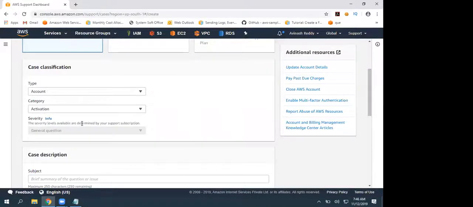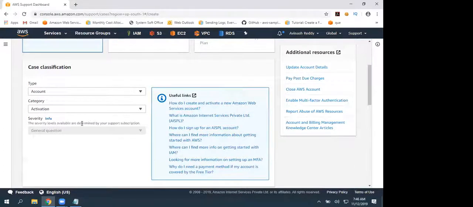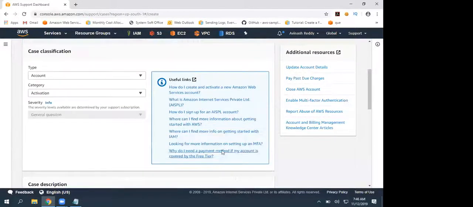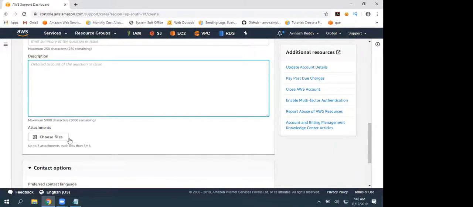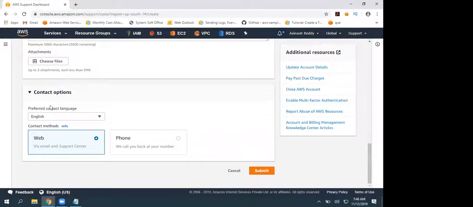So let's assume you are facing some issue related to account activation. These are helpful links you can use, or if your issue is not covered in these useful links, scroll down. What is the subject? What is the description? If you want to upload any attachments or images, you can upload them. Then the contact option. Web, that is nothing but email or support center.